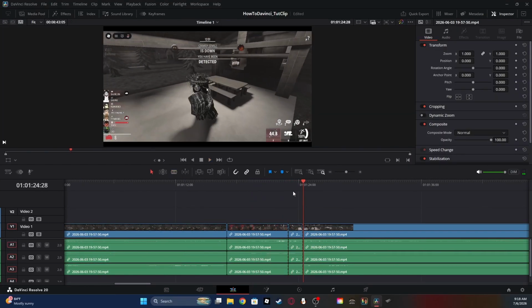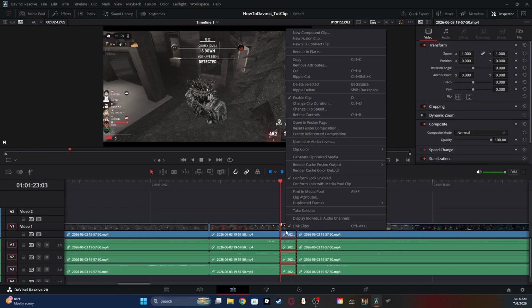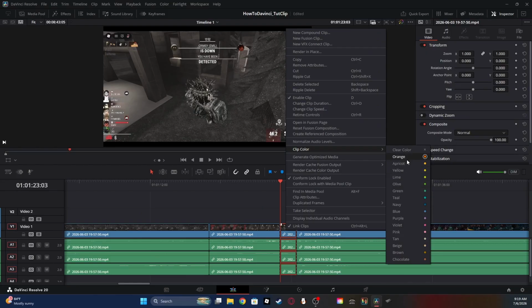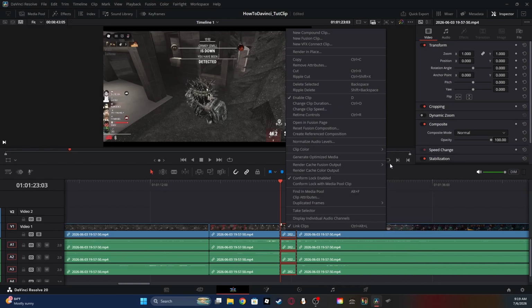I think this is a good time now, since we're 10 minutes in, to address clip color. Excuse me. Now, if you remember, if you click this and you right click, there's this thing called clip color, and you have all these colors. Now, I don't use clip color too often. I only just started using it a month or two ago, but generally, any video that you import will be just this regular blue, and any audio channel you import will be this regular